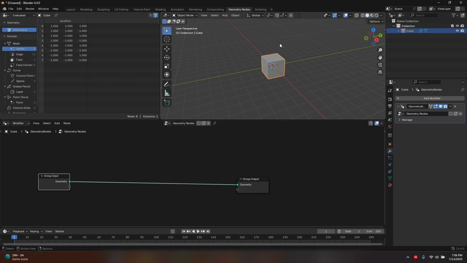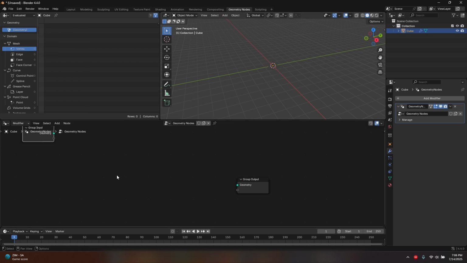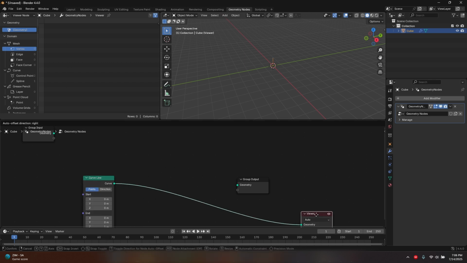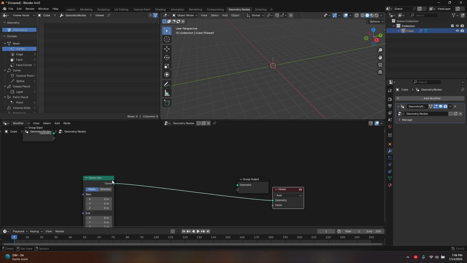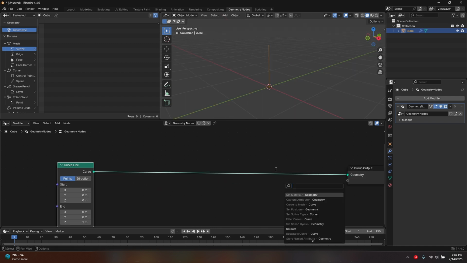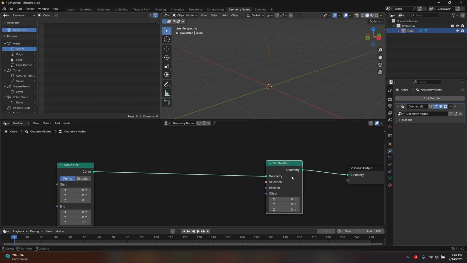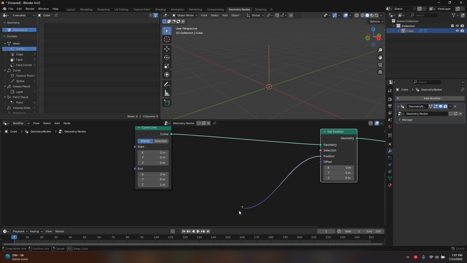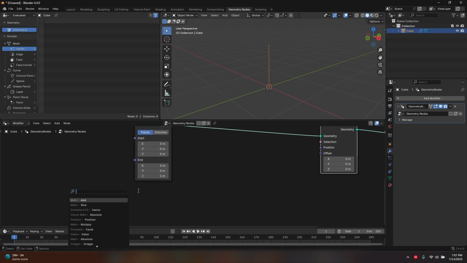So the shape of the object we have in a 3D scene doesn't matter at all, because we are going to be creating our curve primitive. Here let's add a curve line and then connect it to the output of our geometry node. Let's do it. We will add a set position node, and then in our set position, we will drag out of these and add